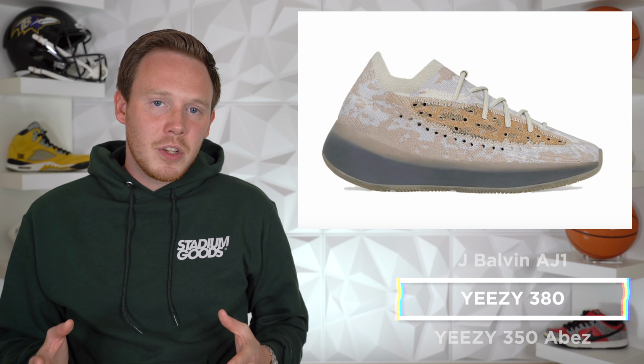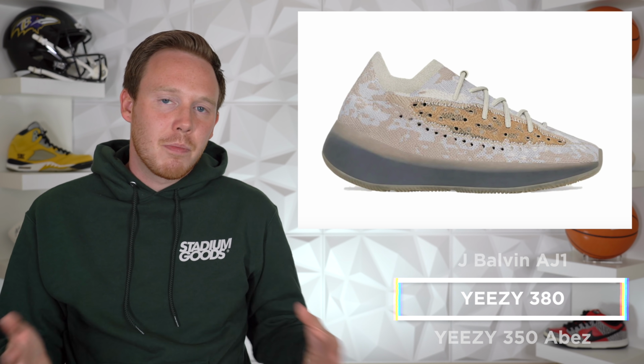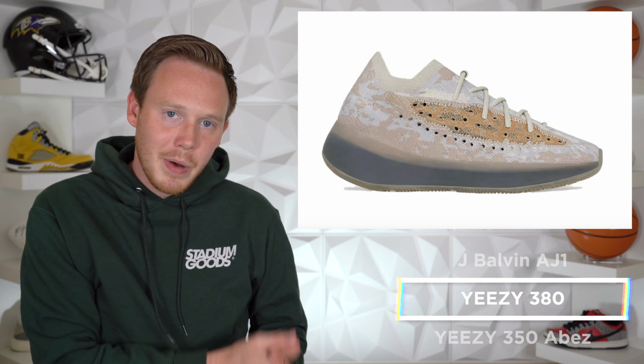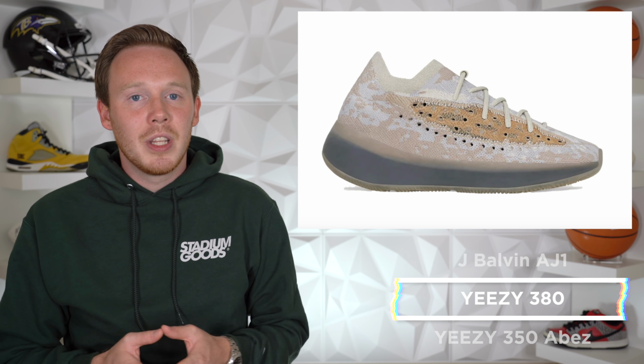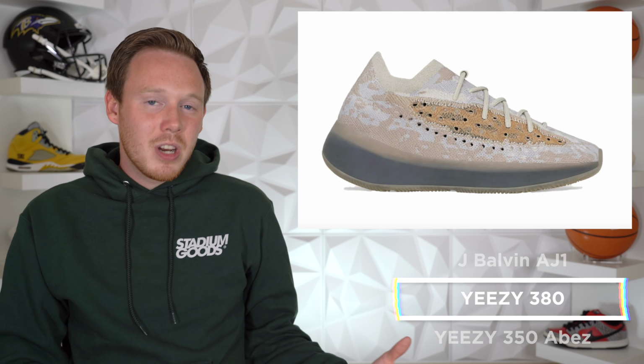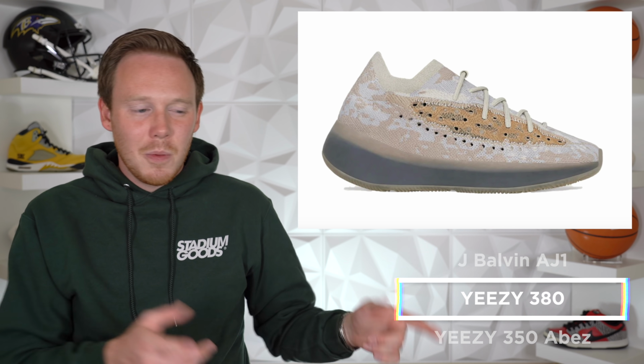The reflective version of the shoe, which features 3M accents throughout the primeknit, releases on September 18th for a retail price of $250, whereas the standard version of the shoe releases a day later on September 19th for only $230. I've actually ordered a pair of the Pepper 380s from GOAT, and they should be coming in the next couple days,